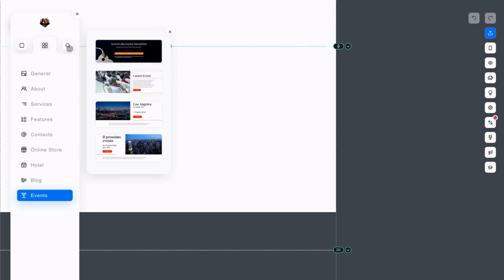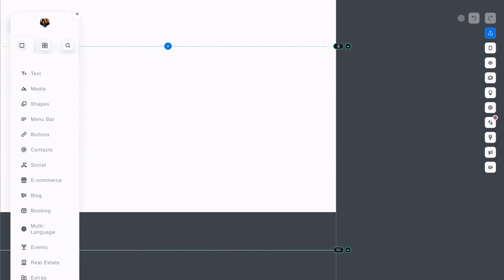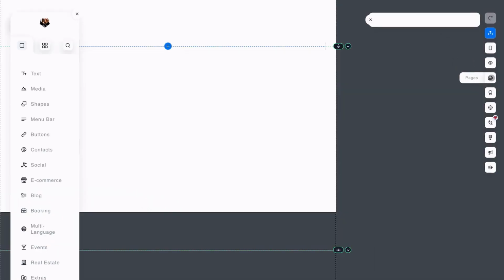Now let's go over to the right side. Here you can choose whether you want to edit it as a mobile page or a desktop page. The general page editor almost has it formatted for mobile, but you have to make slight modifications. Now here you can